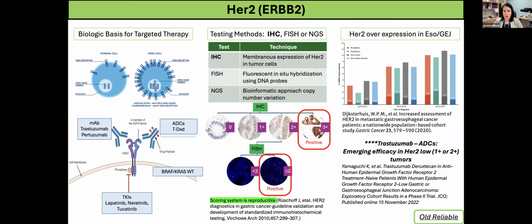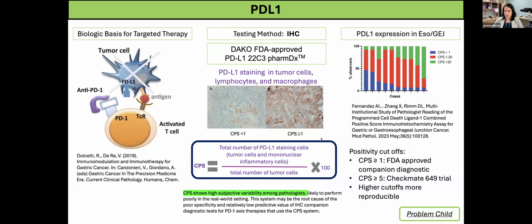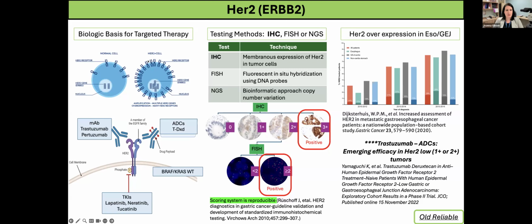Another biomarker is HER2, and that's the old reliable biomarker. The basis for targeted therapy is that some tumor cells will have overexpression of HER2 on their surface, and this can be targeted using antibodies or antibody drug conjugates. And again, we use a method of IHC. That's the main method of finding this